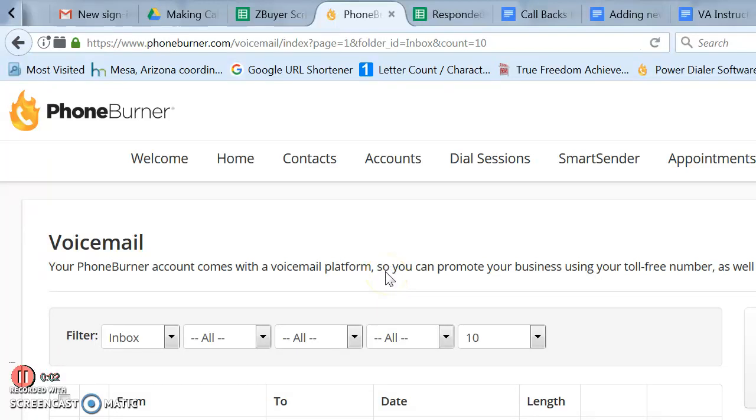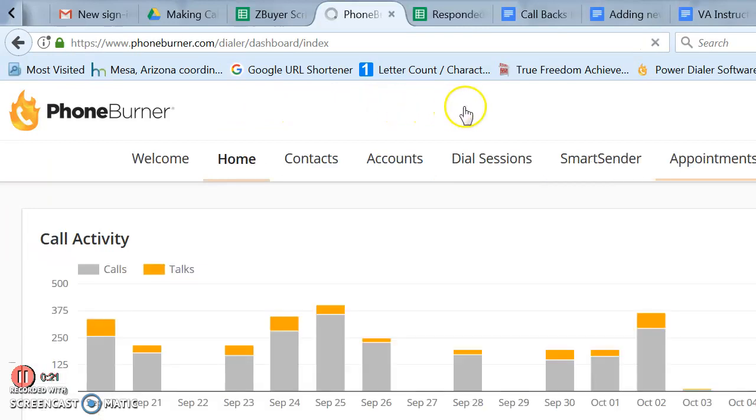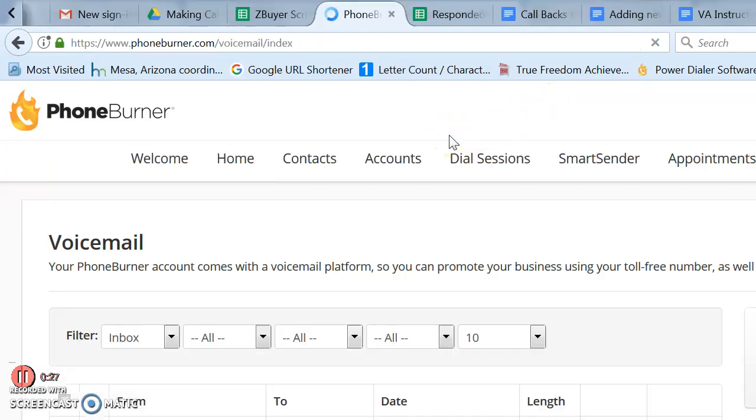Okay, welcome to the training part 1 for how to process the voicemails that come in on PhoneBurner. You should have received the login information to log into this website, PhoneBurner. And for this work, you will focus on this section up here in these tabs at the top. Click on voicemail, and it will take you to a list of all the calls that have come in